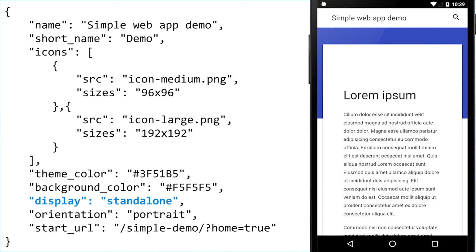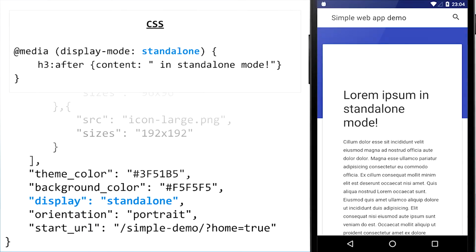Then we go back to the standalone example for a second. And what is interesting here is that the display standalone part of the manifest corresponds, you can use this with display modes in CSS. So you can make a media query that says here @media display-mode: standalone, and then specify conditional styles that will only be applied in standalone mode, in full screen mode, and so on. So like this, you can make small design tweaks to give an optimal experience for the user once they have added